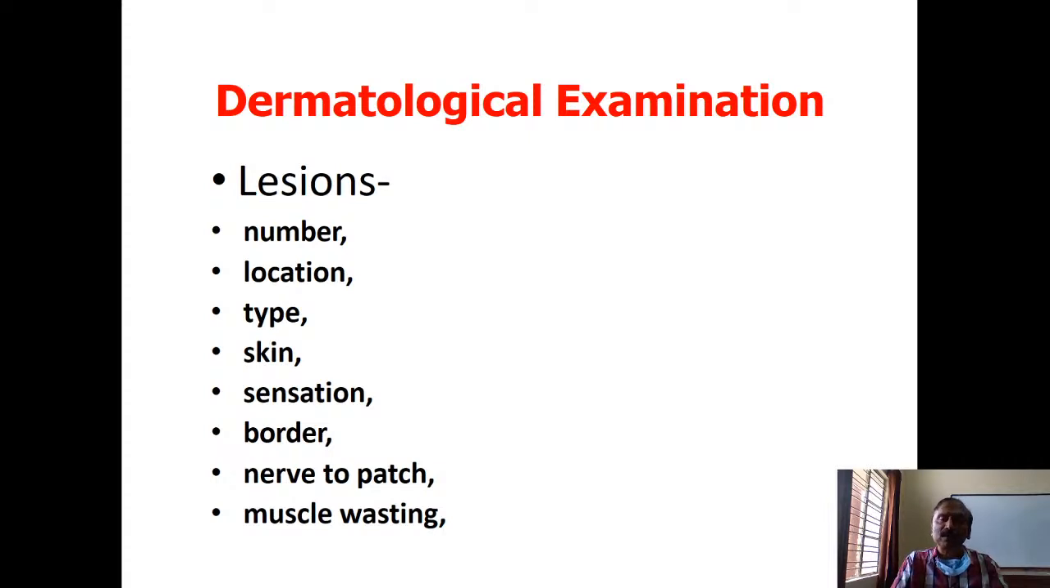Is there a loss of skin, a loss of hair, or a loss of sweating on that? These are very, very important as far as description of a lesion is concerned. When you see it, the first things are number, location, and type. Type is very, very important, because the moment you say that a patch does not have hair,